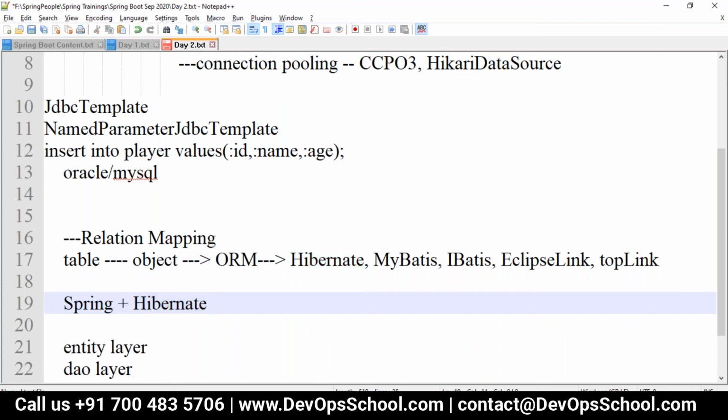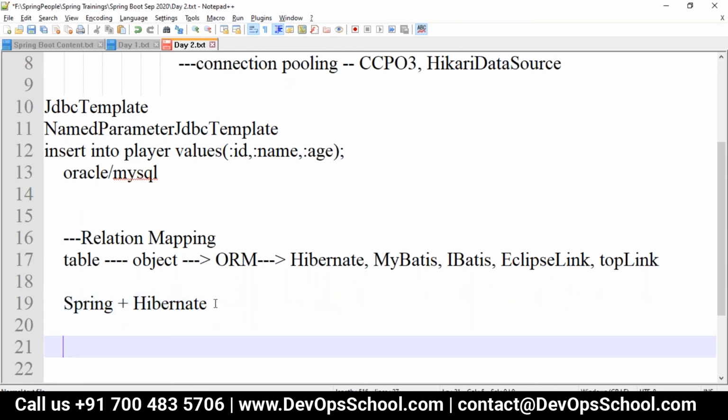First of all, we require Hibernate dependencies. That's the first step. Second, how will Hibernate work? If you want to work with any DB with Java, we require four properties: URL, driver name, username, and password.